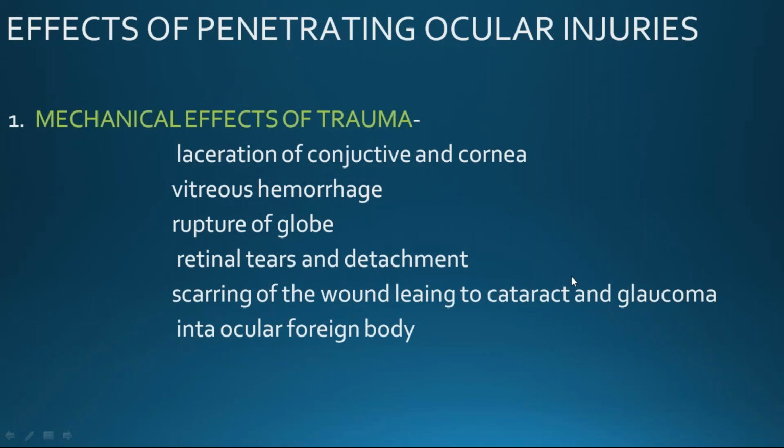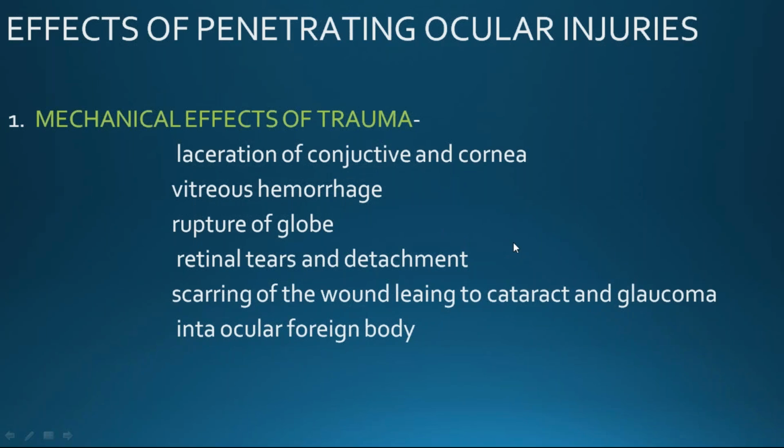Any blood or any lens matter will block the trabecular mesh, or sometimes the dislocated lens itself can block the trabecular mesh and cause a rise in intraocular pressure. It can result in open angle glaucoma or closed angle glaucoma. When the entire lens is dislocated into the anterior chamber, it will cause closed angle glaucoma. Or it may push the iris diaphragm forwards and cause closed angle glaucoma. Or the lens matter or hyphema blocks the trabecular mesh and causes a rise in intraocular pressure and causes secondary